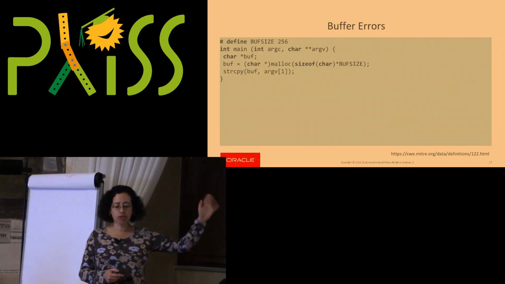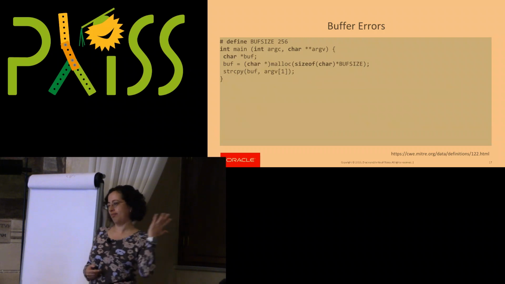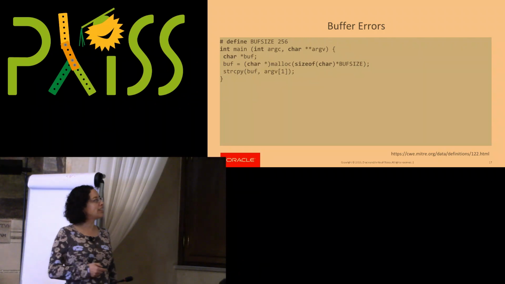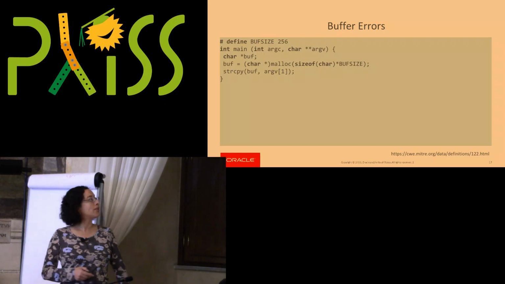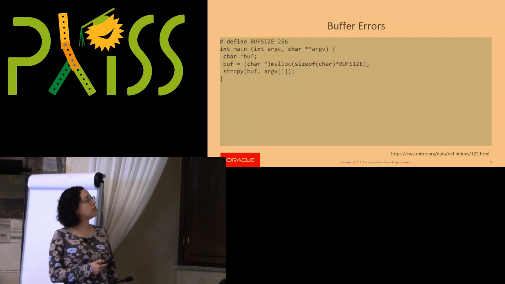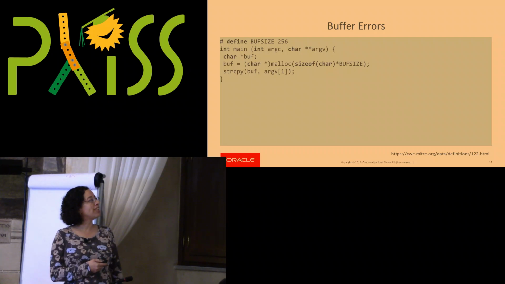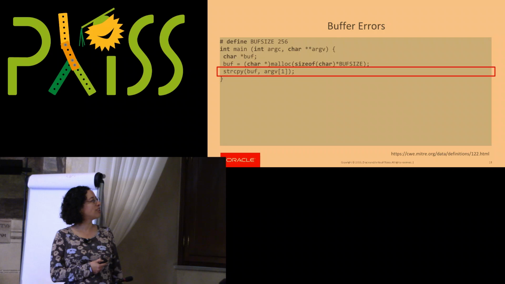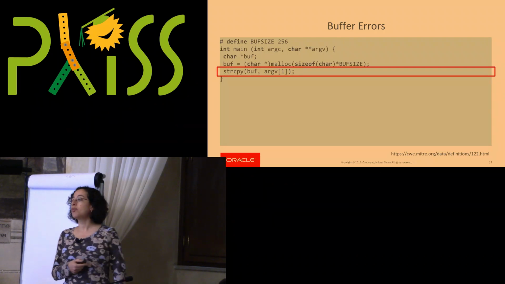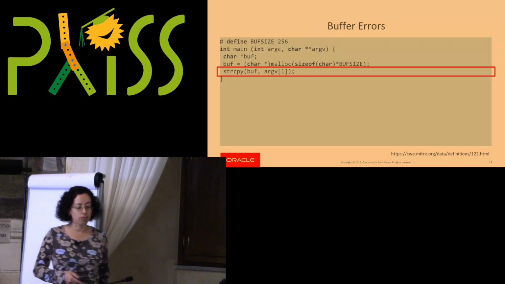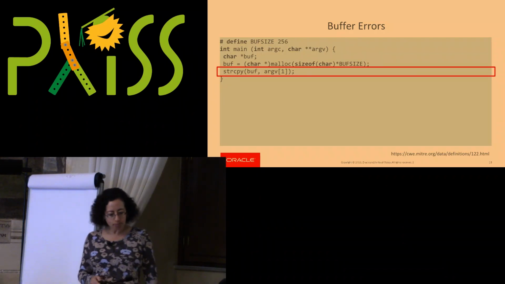Now, a smaller piece of code, a very similar type of issue, but this one is happening on the heap, right? We have a buffer, but that buffer is going to be allocated dynamically through malloc. And then we're also doing the string copy in this case. And notice, this one is very trivial because we're doing it against argv[1]. So same type of thing, you can have a buffer overflow in that case.